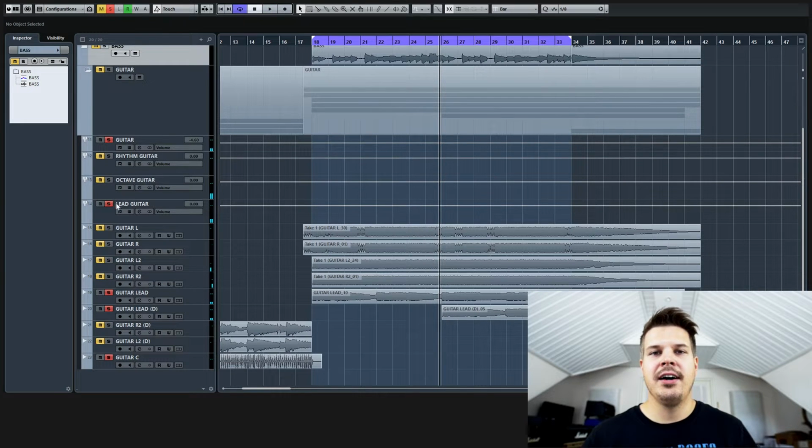And the lead guitar is playing leads. So when you blend these three together, what you get is